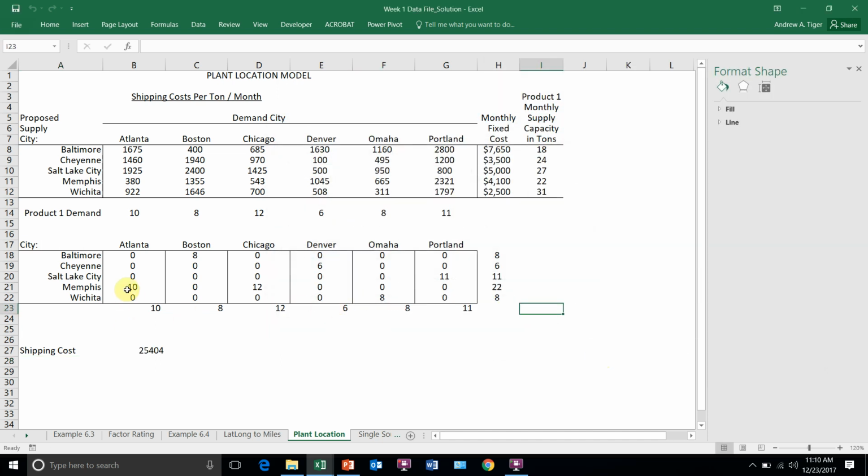And you can see Memphis ships to Atlanta, Baltimore ships to Boston, Memphis ships to Chicago, Cheyenne ships to Denver, Wichita ships to Omaha, Salt Lake City to Portland. So we're using all 5 locations, and we've met demand. But we haven't used all the capacity except for Memphis. Memphis, we used all of it. We actually used Memphis for 2 locations. However,